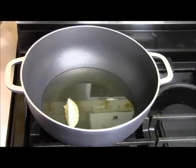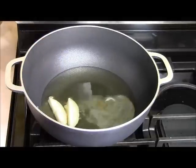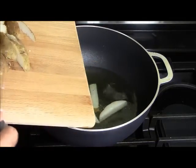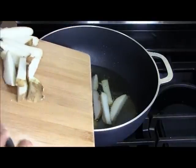So I popped one little fry in there to see if it's hot enough. It's been about 3 minutes. And to me it seems like it's hot enough, so you kind of just want to put them in there. I'm going to go ahead and take them off of the cutting board and just put them in there, and try not to make it have any kind of splatter,